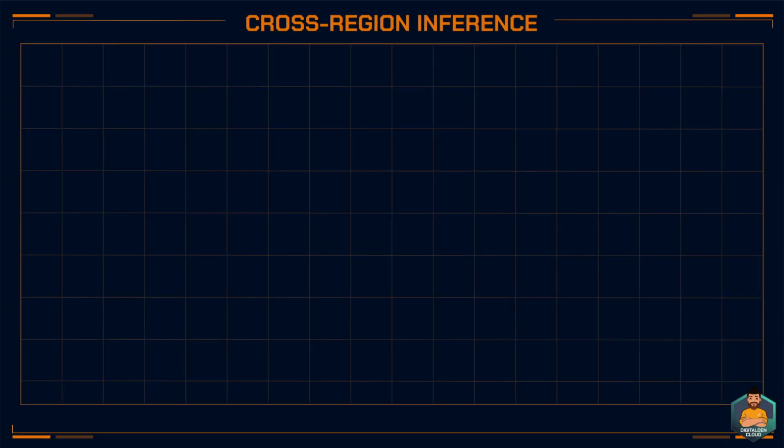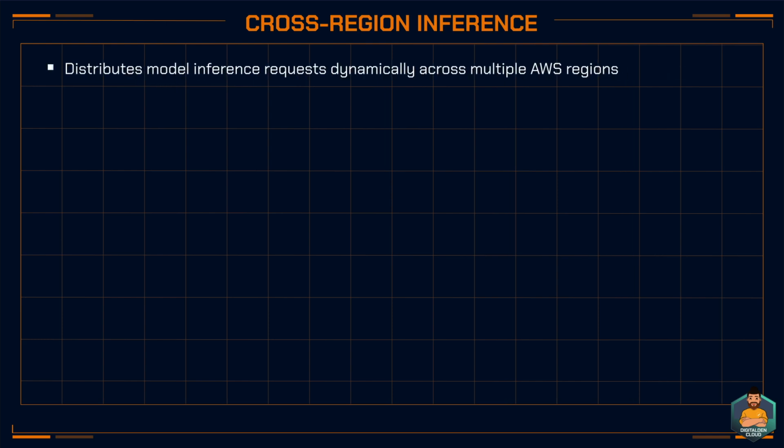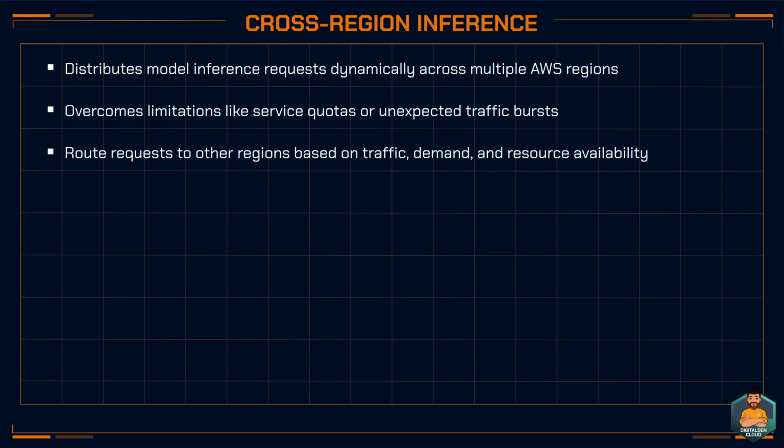To address this limitation, Amazon Bedrock provides a feature called Cross-Region Inference, which allows you to distribute model inference requests dynamically across multiple AWS regions. This helps overcome challenges such as service quotas or traffic bursts. So instead of relying solely on a single region to process your requests, Cross-Region Inference routes requests to additional regions as needed based on traffic,